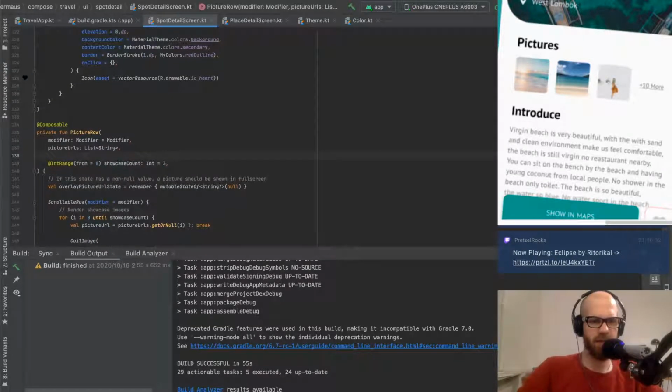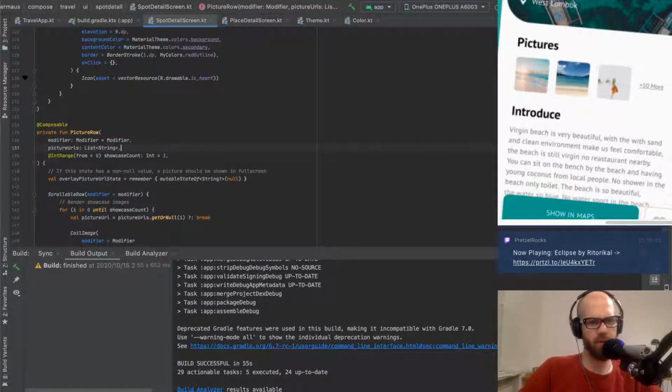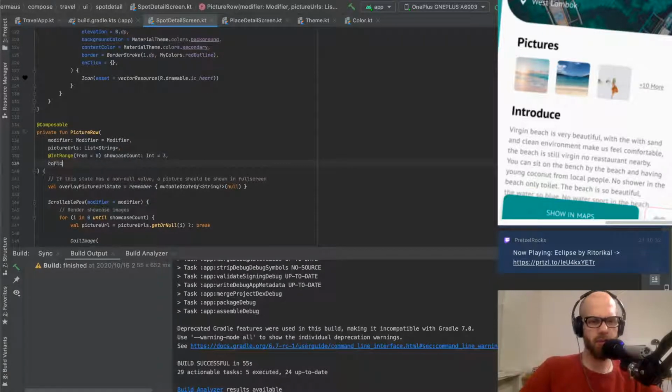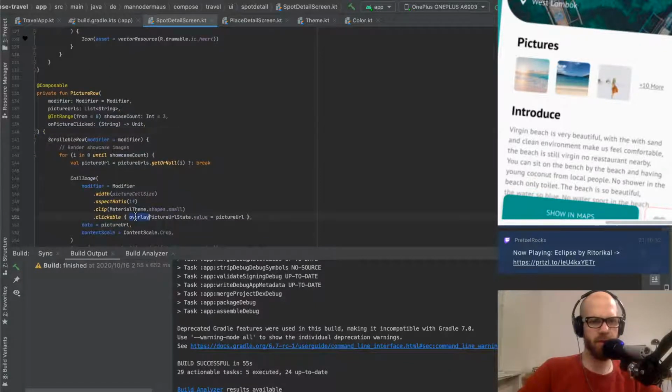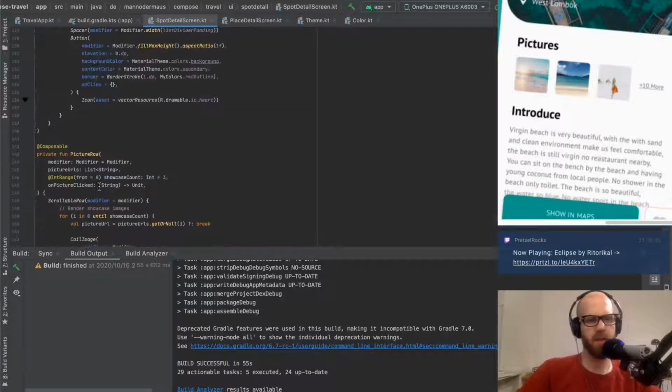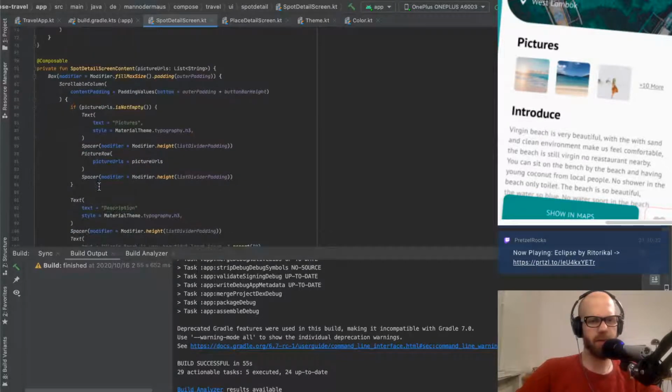Okay, well, let's do overlay. Oh, do I need... Wait, no. All I need to do is just add a click listener here. On picture clicked is a string accepting lambda returning unit. This moves up, and then this will invoke the lambda with this picture URL. So moving up to the content,